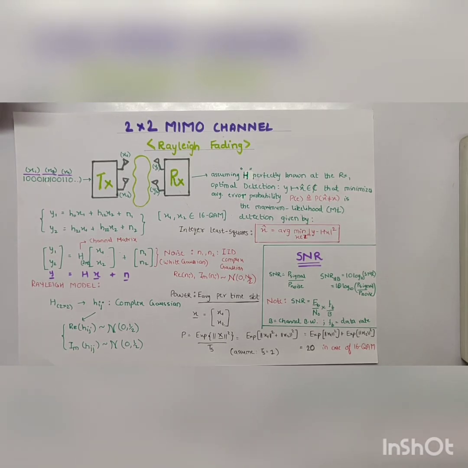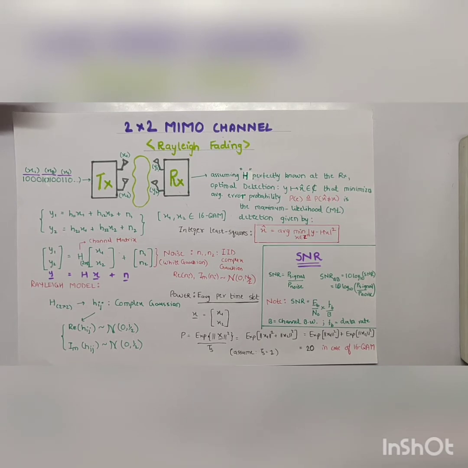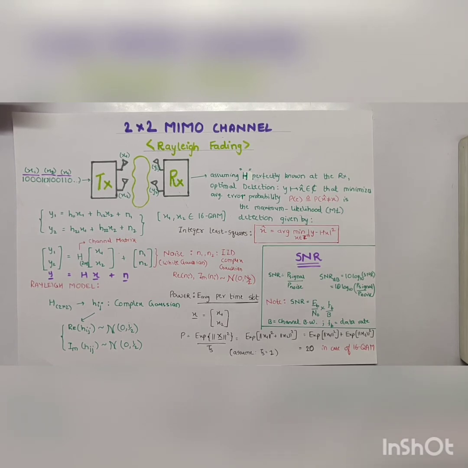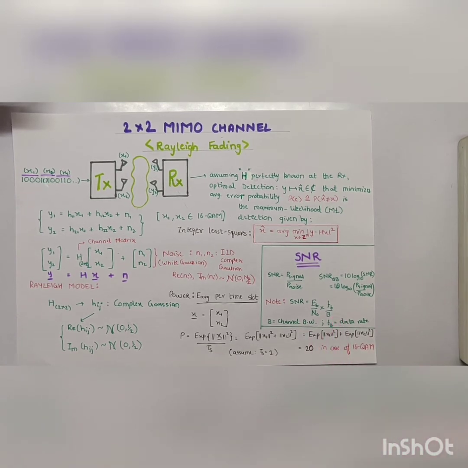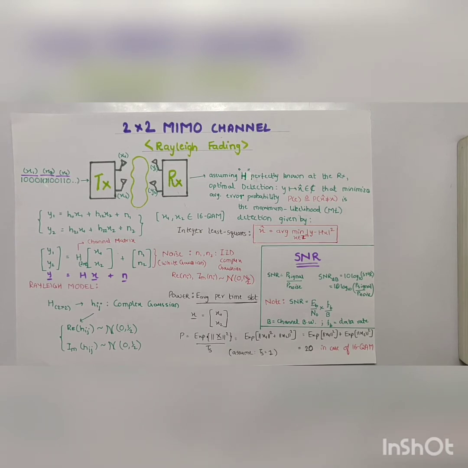Eb/N0 is especially useful when comparing the bit error rate performance of different modulation schemes without taking bandwidth into account. If we talk about SNR, then we have to consider bandwidth. When we start with a communication problem, we have SNR as a specification. Since many signals have a wide dynamic range, signals are often expressed using the logarithmic decibel scale.